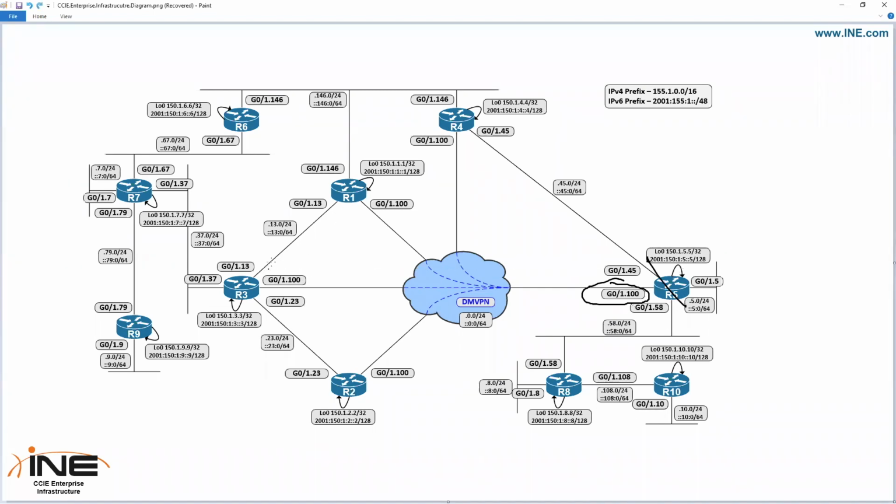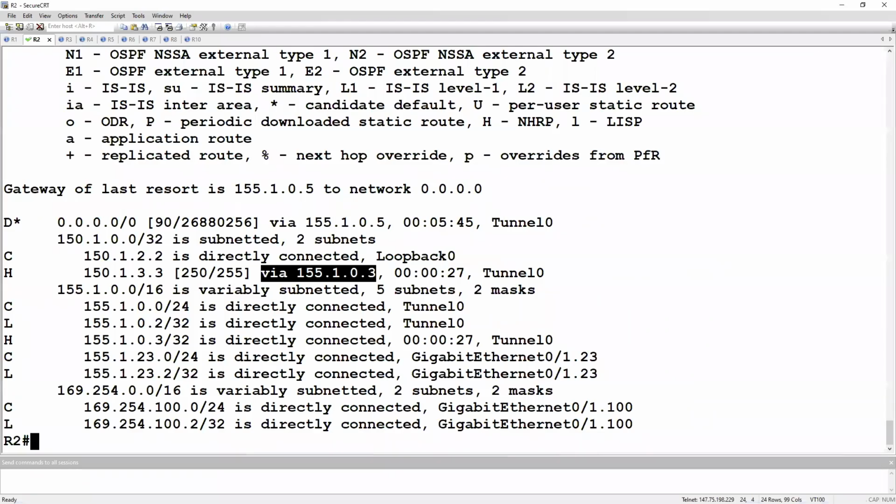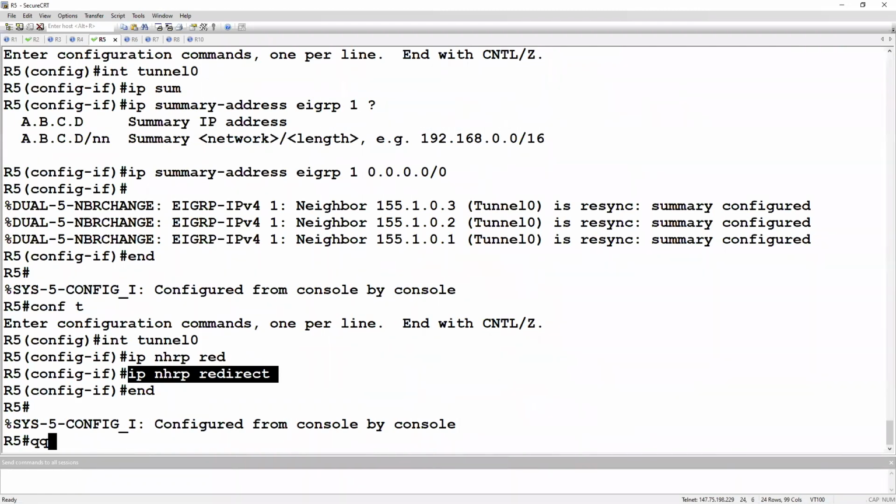Okay, so in this example, we're going to use router 5 as the hub primary, and we're going to use router 4 as the hub secondary. Okay, so the changes that we're going to make are going to be on router 5. If we look at the show run interface tunnel 0,